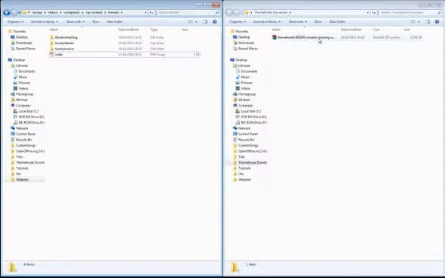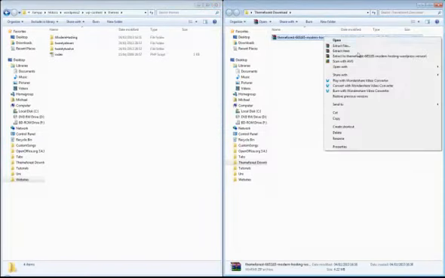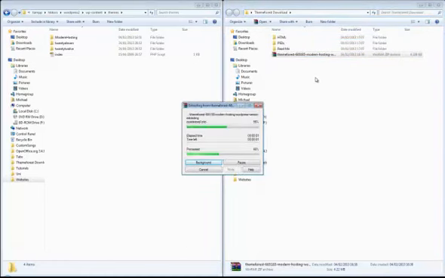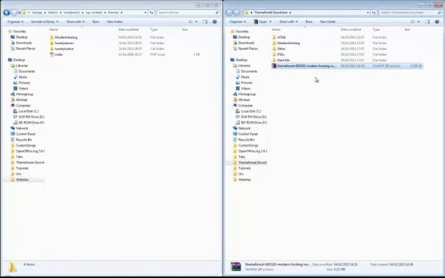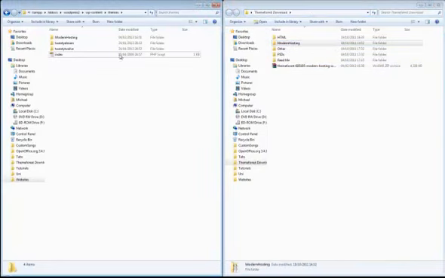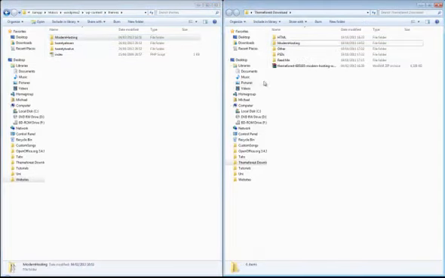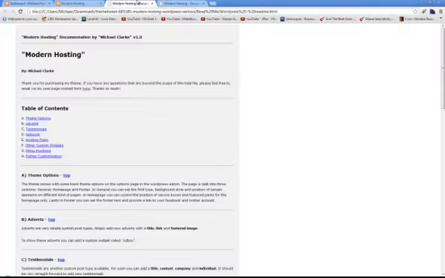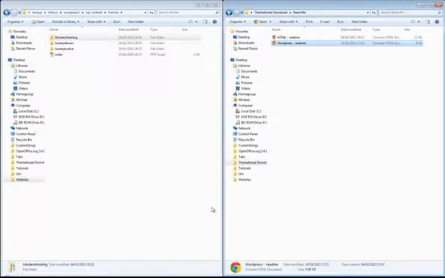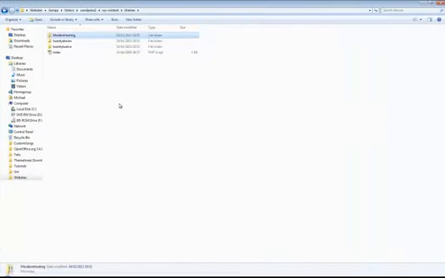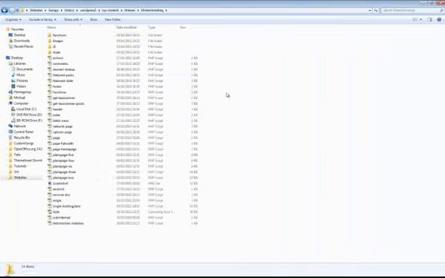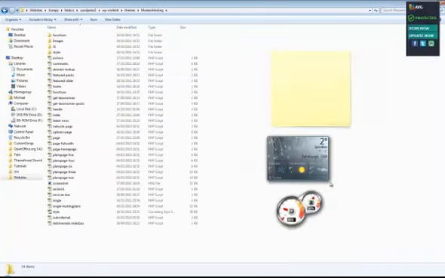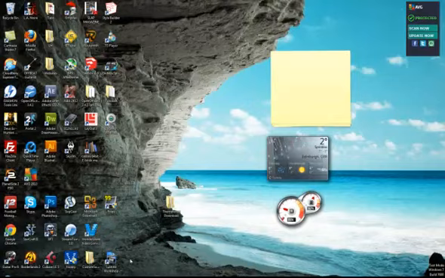So first thing, you download the zip, obviously, extract it, and move the Modern Hosting folder into your themes folder on your WordPress installation. I've already done that here. Open up the README for WordPress. Let's close that. That should be it. If you go into your WordPress,